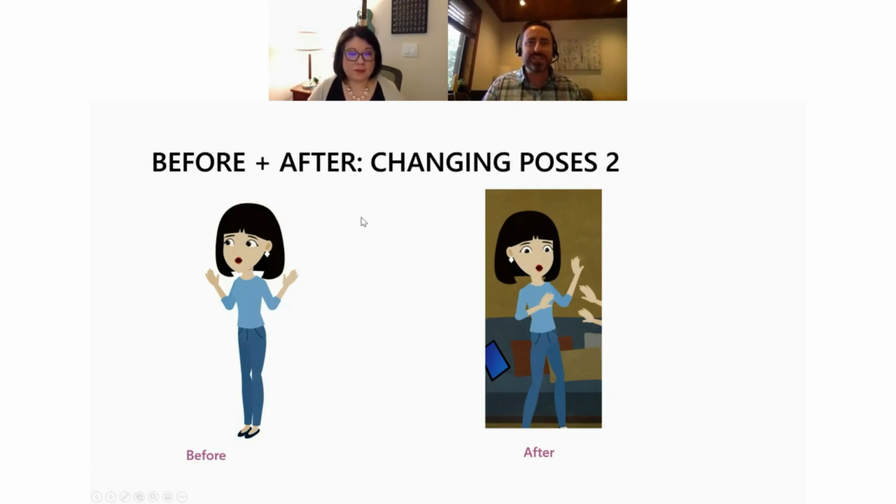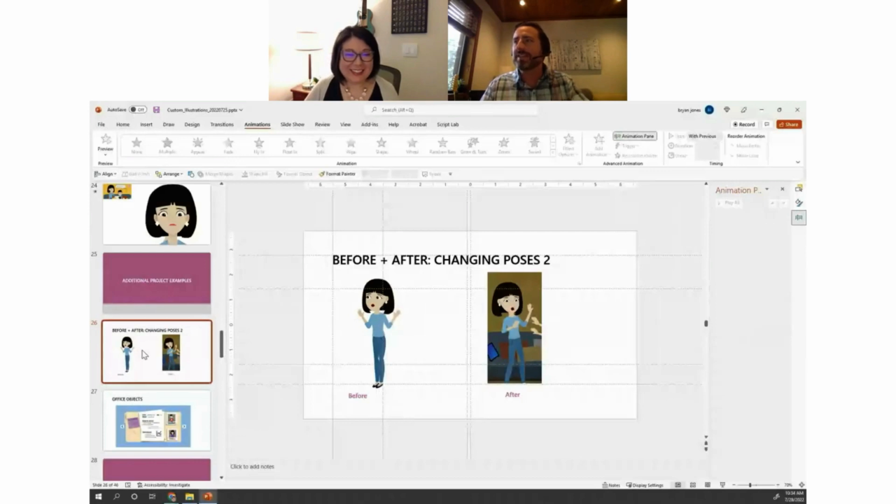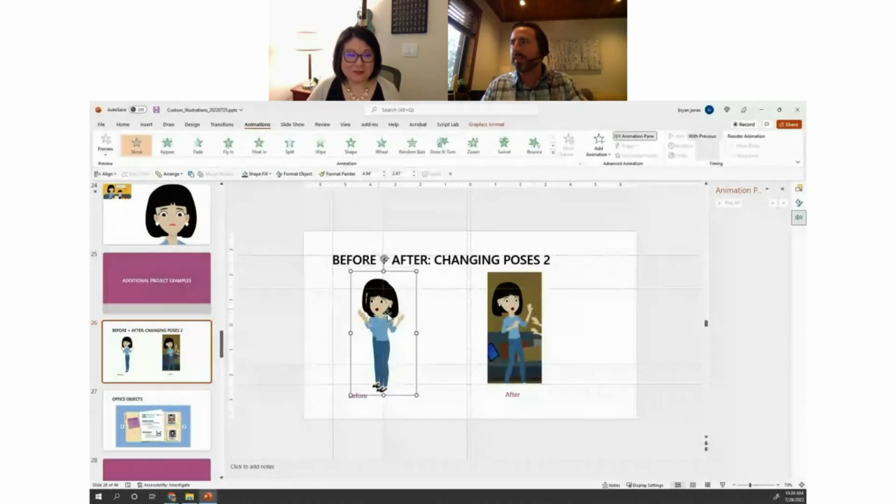It's funny because every once in a while somebody reaches out to support and says, why are all your characters only facing left? What if I need a character facing right? It feels silly once you see it done, but what Allison's talking about here is we can take this one, I'll just duplicate it, and then